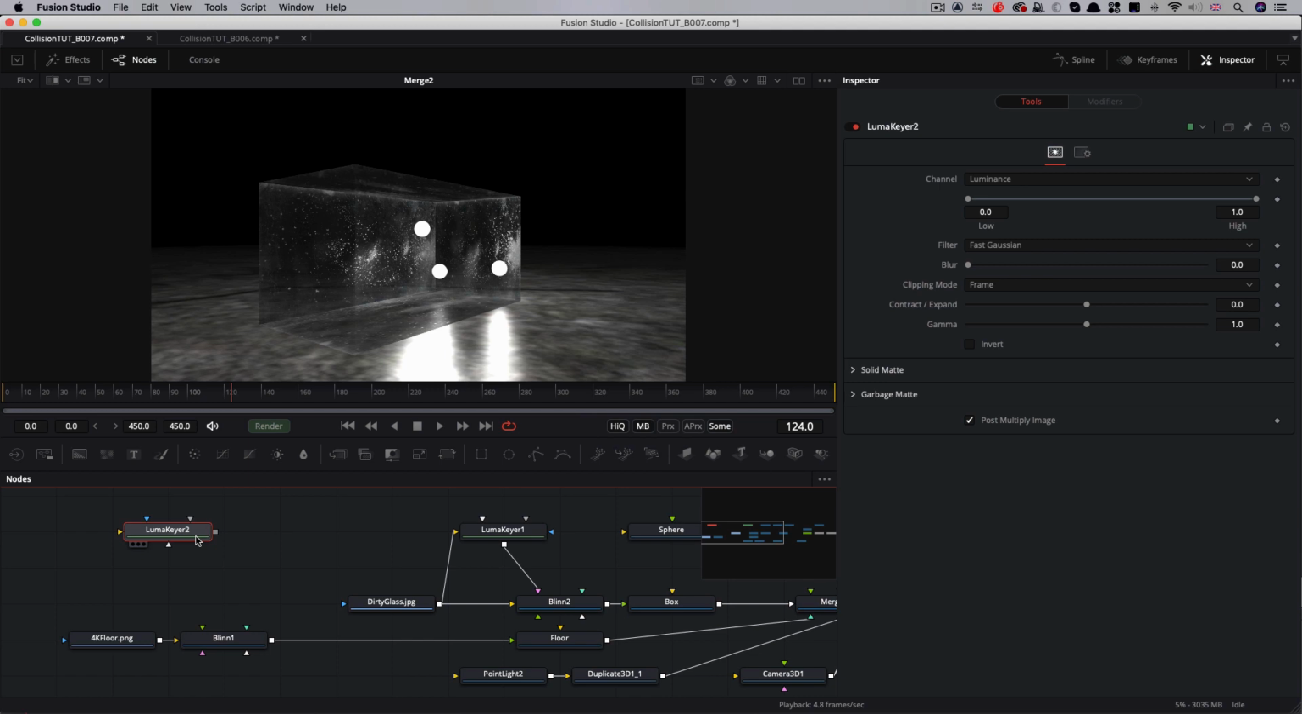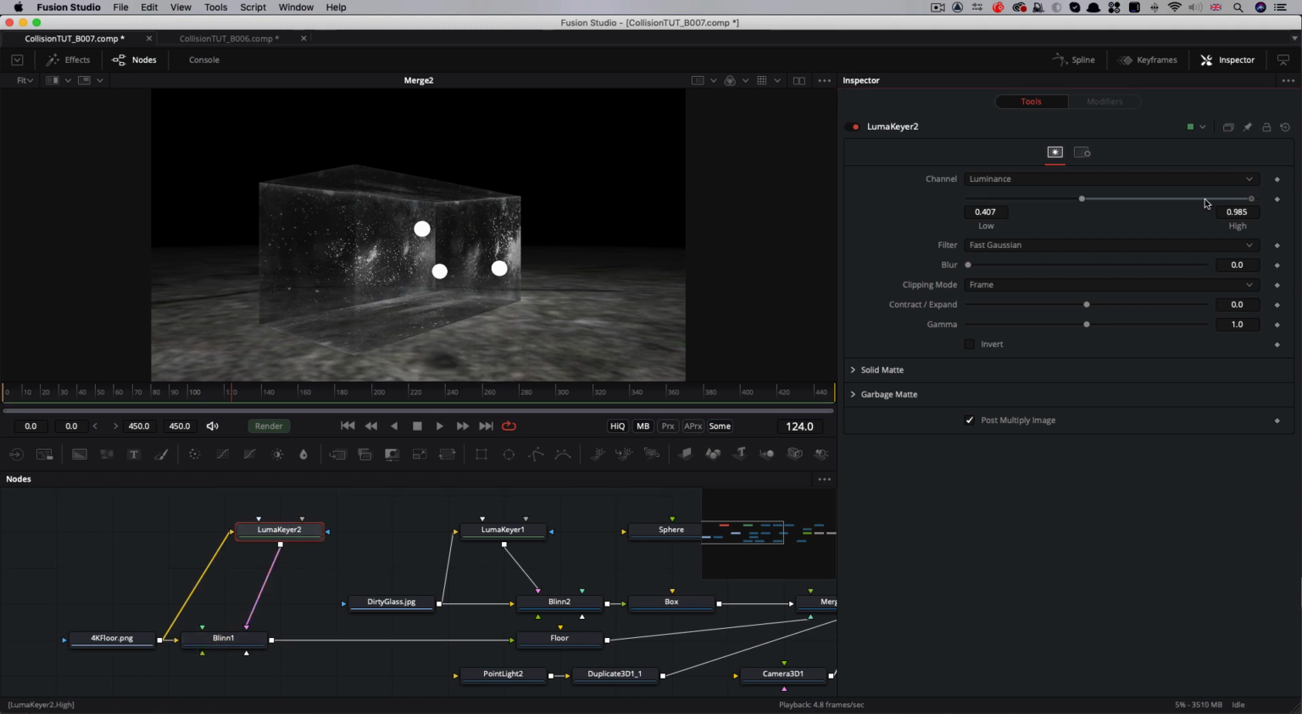Add a luma keyer, take the output of the floor map, and then pipe the output of the luma keyer into the specular intensity of the blinn. And again, let's adjust it something like this. And then what I'm also going to do is take that and use it for the specular exponent. Now the floor is being mapped onto the entirety of the area and we don't really have nearly enough